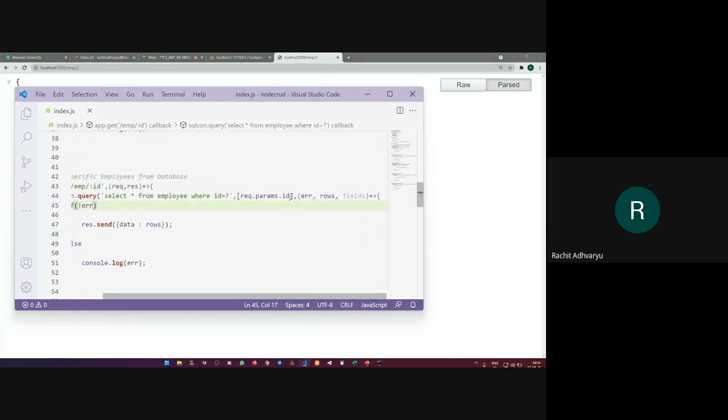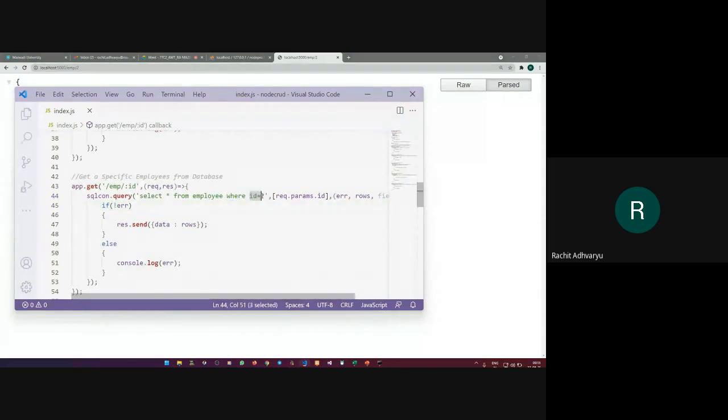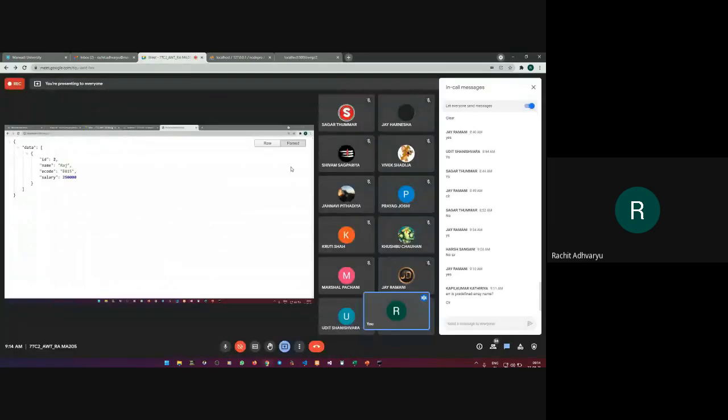So I'm requesting a particular ID's data in the particular query. So select star from employee where ID equals to the ID that has been passed as a parameter in the URL. So I'm requesting that data from this particular database or table, right? So this is the second one, selecting specific employees from the database. Moving on to the next,